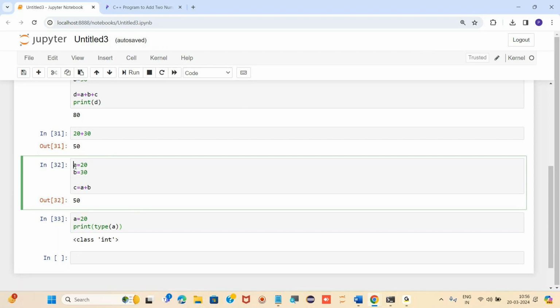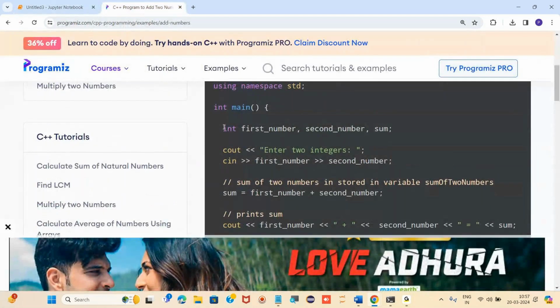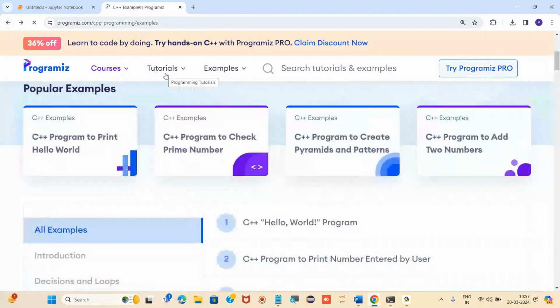But in C++ or C programming, we have to give the acknowledgement to the compiler that we are going to use data of integer type, float type, string type, boolean type, whatever it is. We have to declare the data type before writing any kind of variable. In C also, let me show you for C programming.